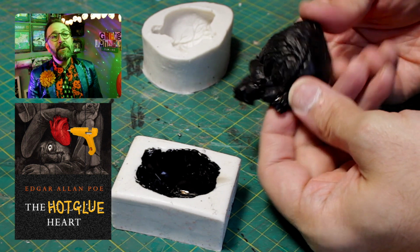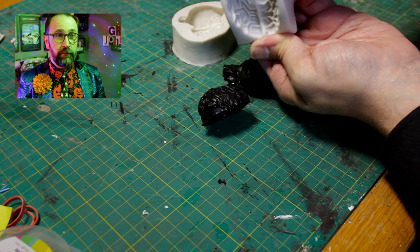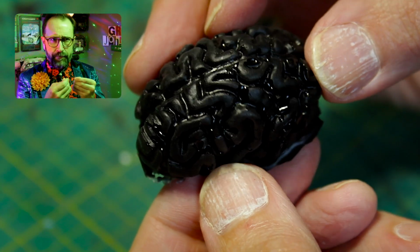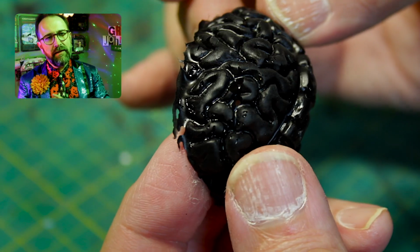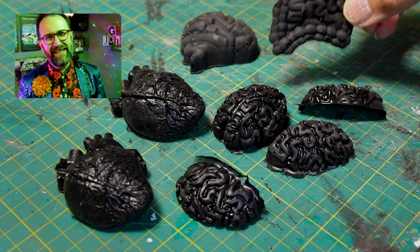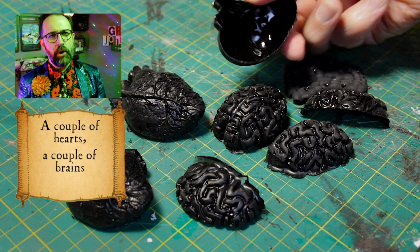It doesn't matter. So yeah, these silicone molds, I kind of love these. Just filled with hot glue, and it goes firm very quickly. As you can see, when you get bubbles, you do get these very shiny spots where it didn't quite fill. But anything you're going to texture over, I clearly like it because I've done loads of them. I've got some intestines there for a future build, my next build in fact. A couple of hearts, couple of brains,